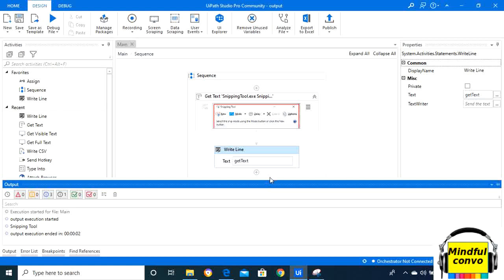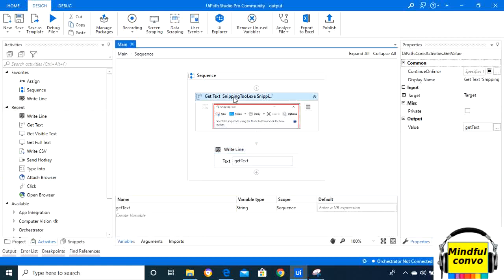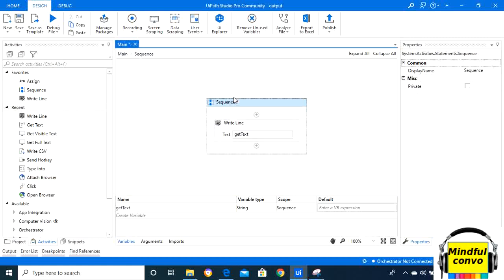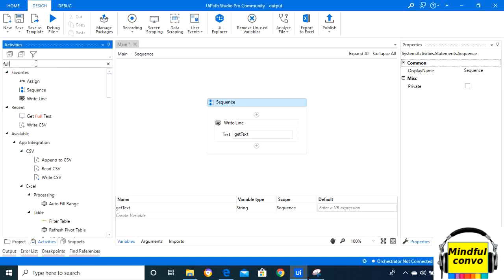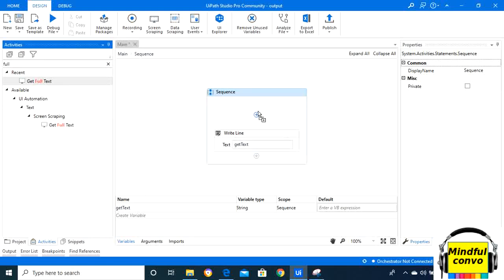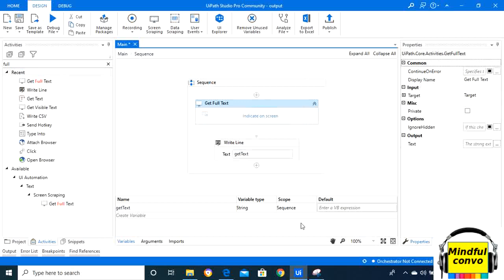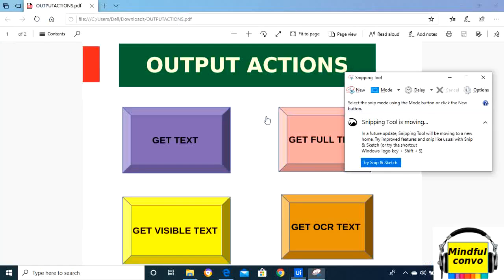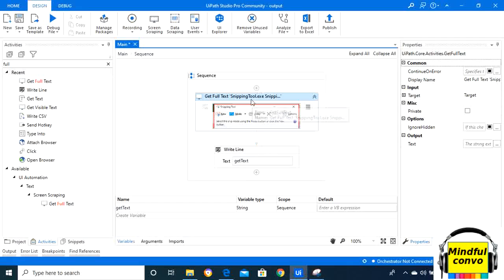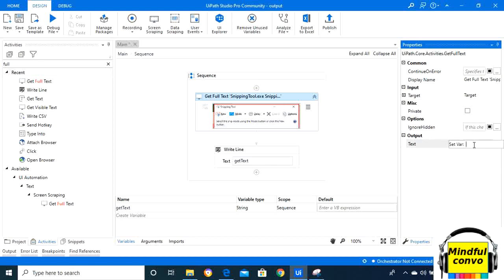Now we will take another method, the get full text. We will search here and select it, and then indicate on the window, and we will take the element variable here, like full text.